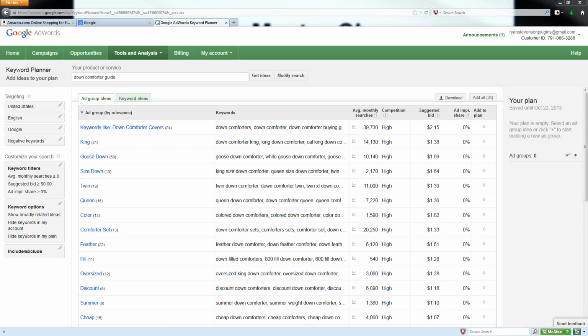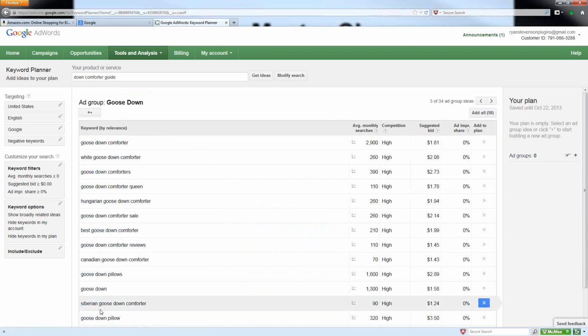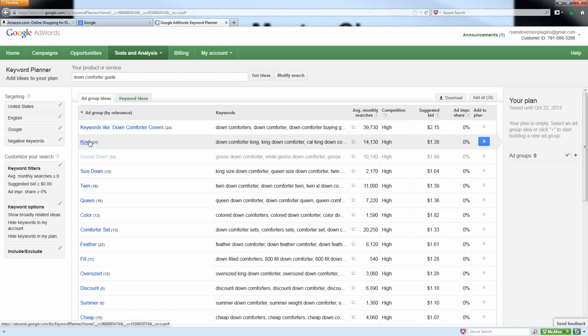What I will really do is pull out a notepad file and browse through this list and pick out some of the general phrases here that seem like they would be a good fit. In some cases, you do want to drill down a little bit further and look at some of the keyword phrases contained within each of these ad groups, because sometimes the keyword phrase that you really might want to go for may be contained within an ad group. The size group right here for this particular search that I'm doing